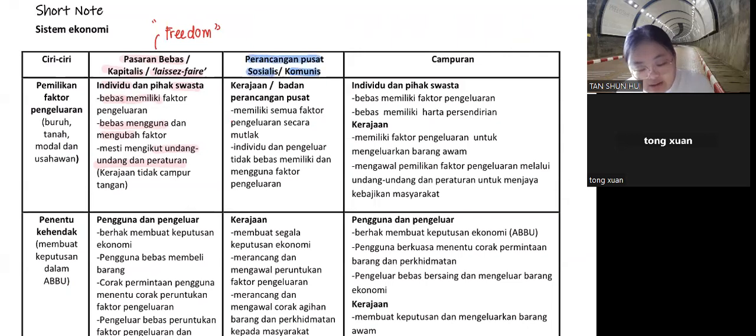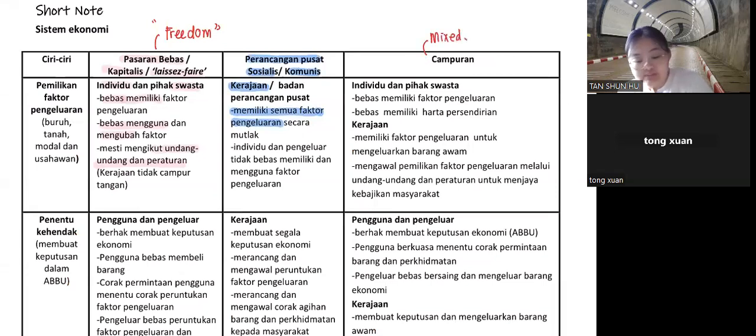No. Who have the right? Kerajaan memilih semua faktor secara mutlak. We are no freedom. Okay. Now, you see, both of them are very extreme. One is what? Extremely freedom. One is extremely no freedom. That's why some of the countries start to lean a bit. They came out with a mixed economy,